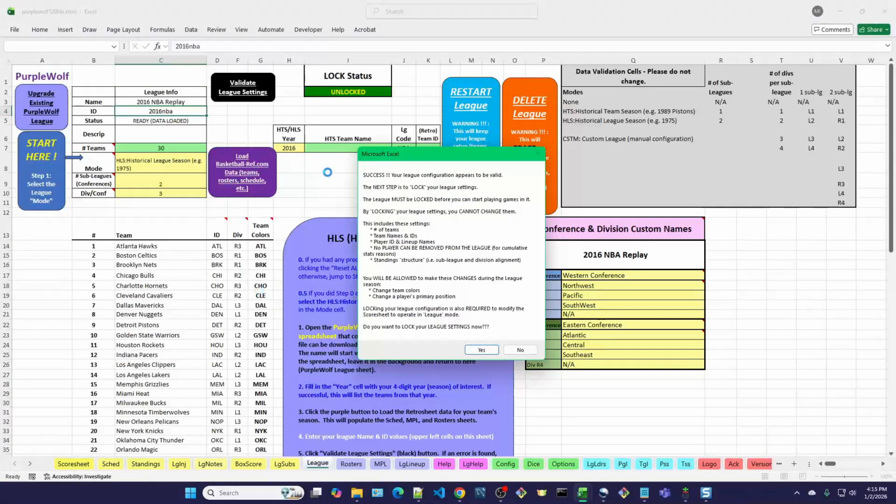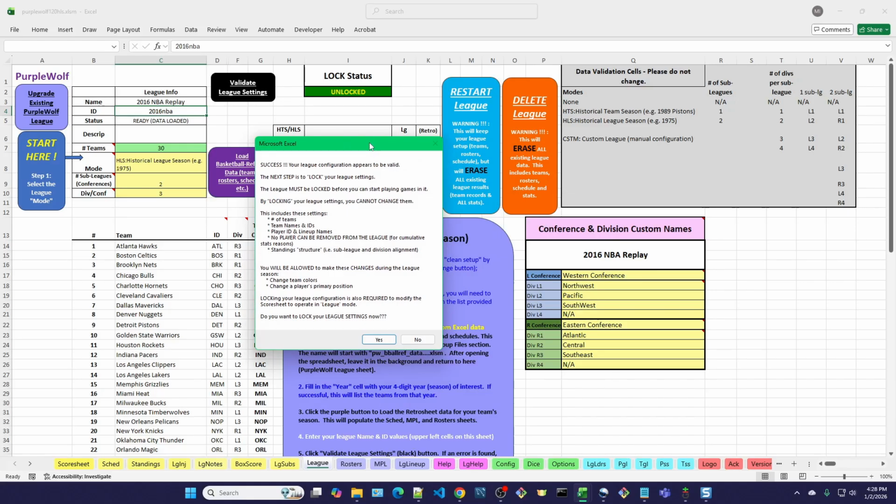I click OK. Now it pushes me back to the league sheet, and it gives me this nice success message that my league looks good. And the next step is to lock my league settings. So on this message box where it talks about locking your league, what that really means is just kind of